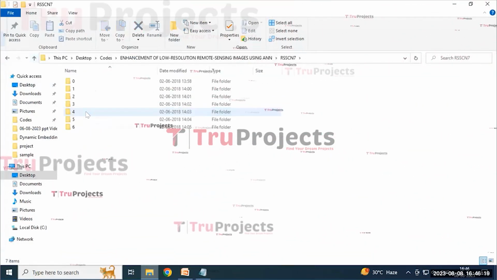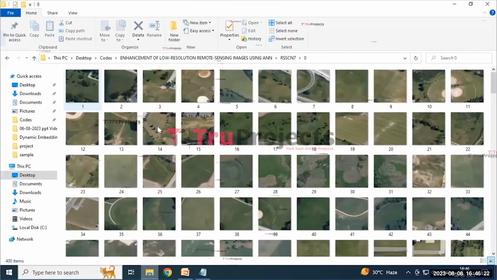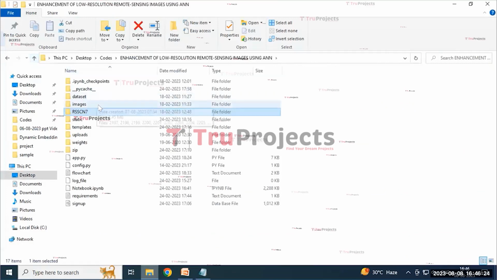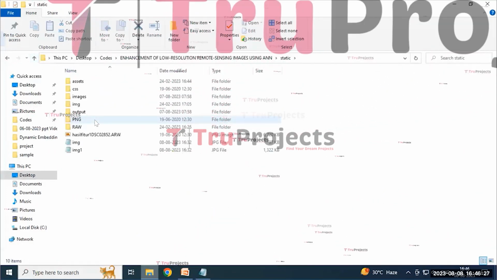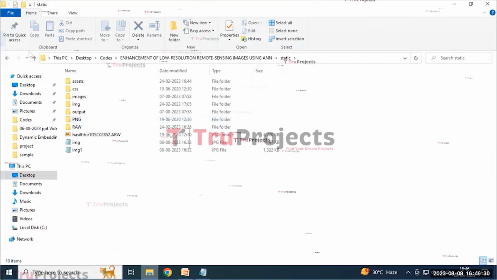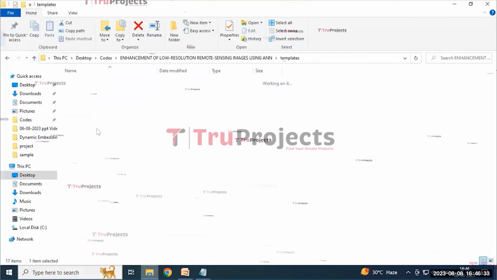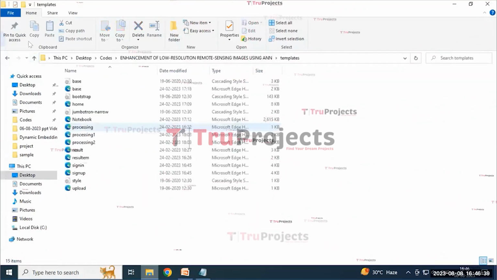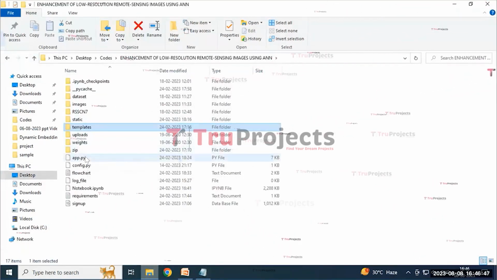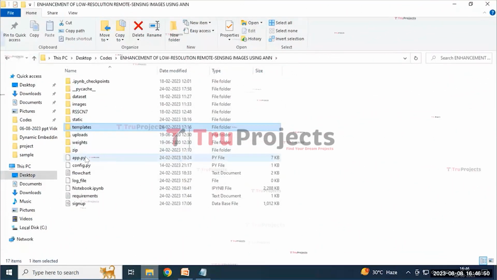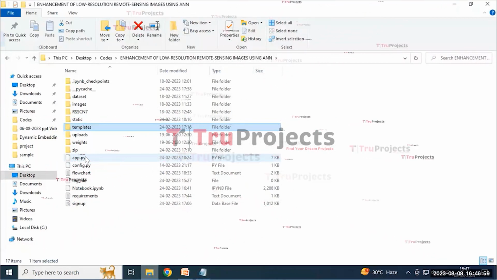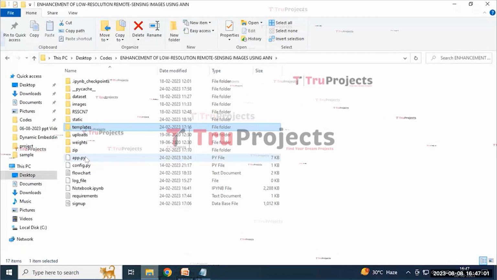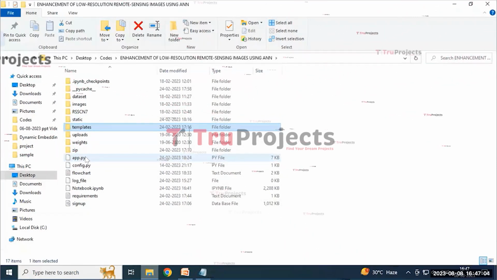The RCCNS7 contains a folder containing various images within it, the static folder containing the CSS, images, and JavaScript assets within it, and the templates folder containing HTML documents, which typically include the result, sign-in, and sign-up pages. The app.py file likely contains the information related to the front-end logic. It includes the code written in Python that handles server-side operations such as processing user requests, interacting with the database, and generating the dynamic content to be rendered in the HTML templates.